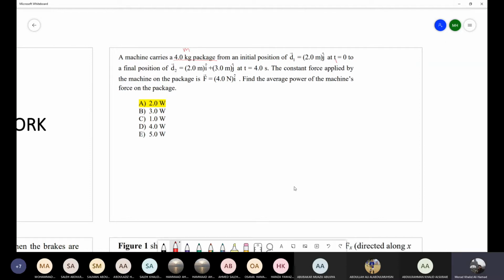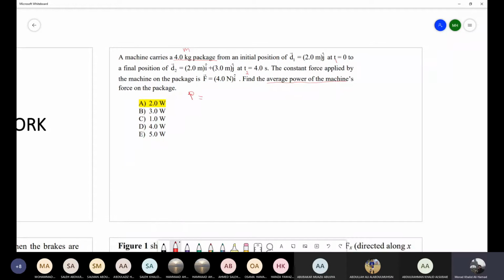Okay, let's continue. So we have the final position D2 equal to 2 in the I direction plus 3 in the J direction at T2 or T final equal to 4 seconds. Now, the constant force applied by the machine on the package is equal to F equal 4 Newton in the I direction. Find the average power of the machines for the package. We know that the average power,